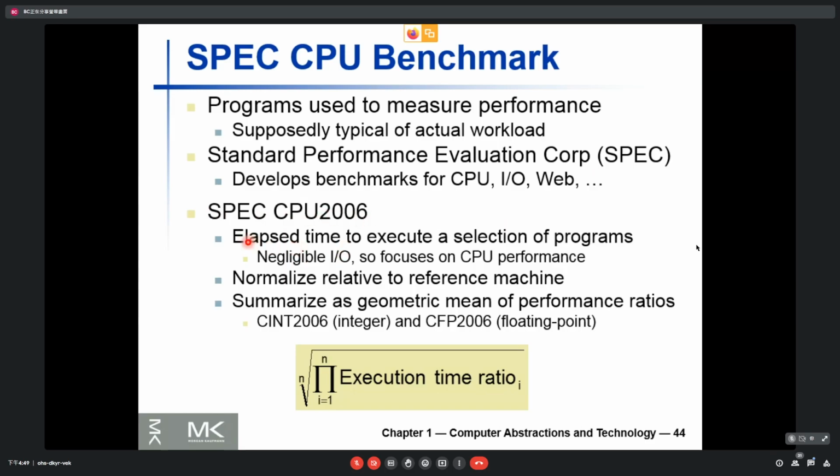It measured the elapsed time to execute a selection of programs and normalized relative to a reference machine. 它把它跑出来的成绩去跟一个参考电脑的效能去做比较，然后算出来一个分数，一比这样 normalize 就是除以一个基准值，它就有个分数了嘛，对不对？So you get a reference, you normalize against the reference machine and you get a score,